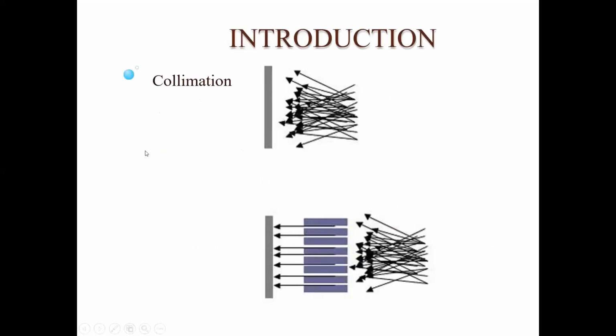Next, collimation. What is meant by collimation? Already discussed. Collimation is nothing but converting the diverged beam of light into a parallel beam of light. If you observe here, this is the diverged beam of light. This beam is coming from a source of light. When this diverged beam of light is passed through the collimating lens, it is simply made into a parallel beam of light. That is nothing but collimation. Collimation is nothing but converting the diverging beam of light into a parallel beam of light for a specific purpose. You can see it later in the later slides.